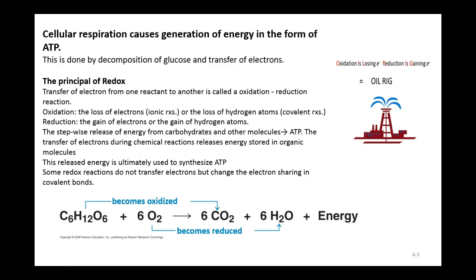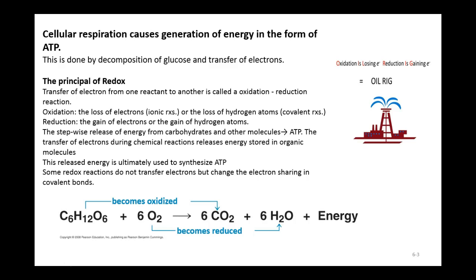In terms of fat, the same thing is true with glucose, which is the one we'll talk about. And then this idea of oxidation reduction reactions, because this is the way that these reactions have to take place. If we're going to transfer an electron, the electron is going to be taken from something and given to something. And that's what redox is: the transfer of an electron from one reactant to another. That is called an oxidation reduction reaction. We shorten it to redox.